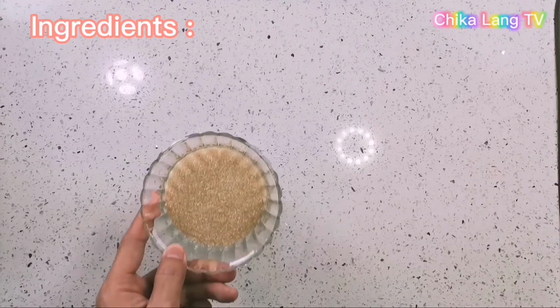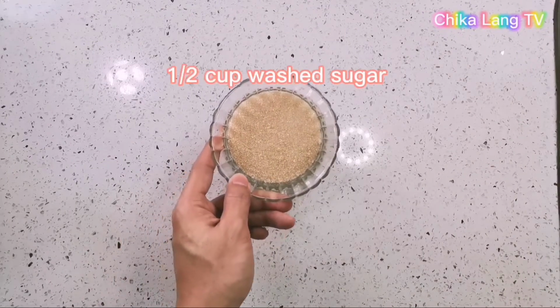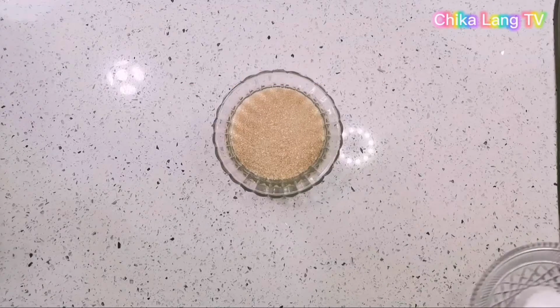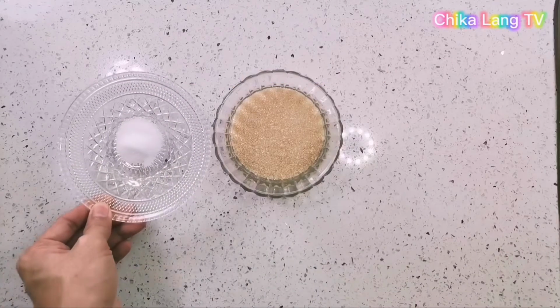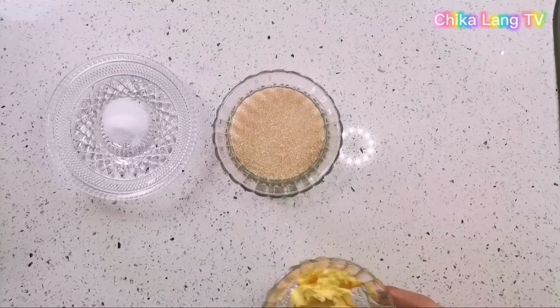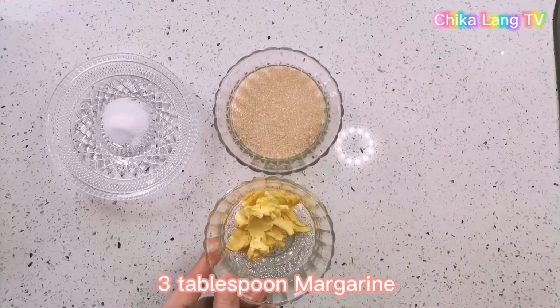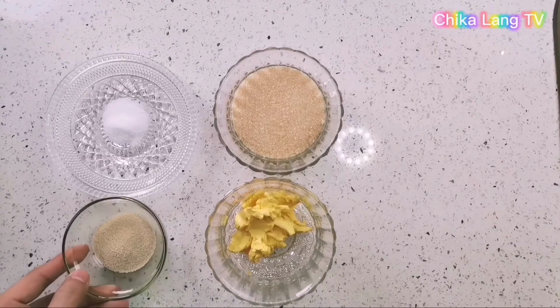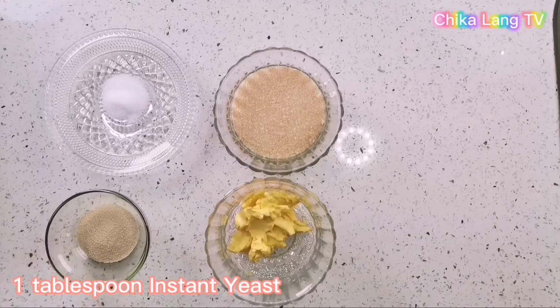Ingredients: a half cup of washed sugar, a half teaspoon salt, 3 tablespoons of margarine, 1 tablespoon instant yeast,